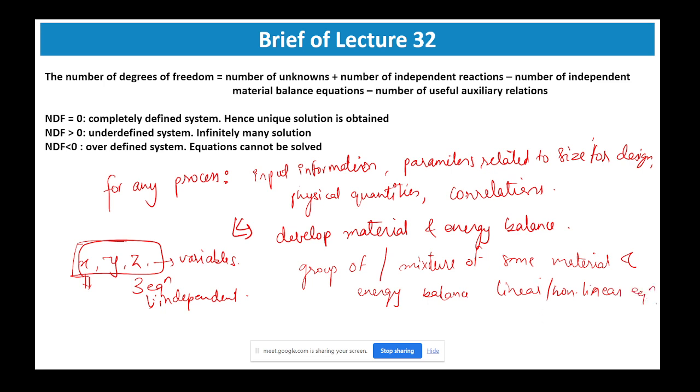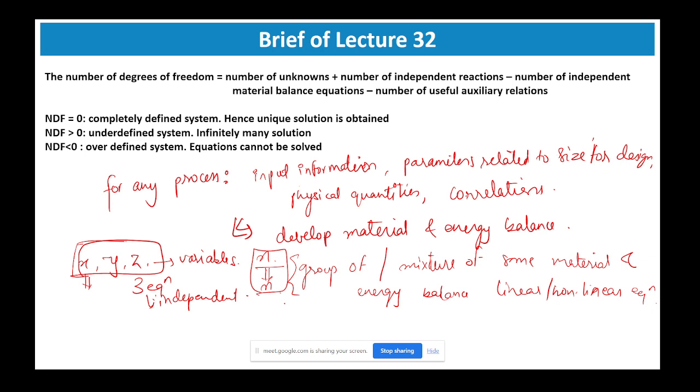So, okay, for n number of equations, for example, if n variables are there, then you need to have n equations for getting the solution. Now, for that, you need to provide that data to the software so that it is able to